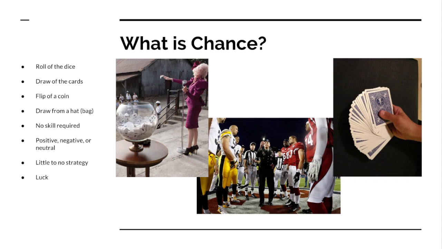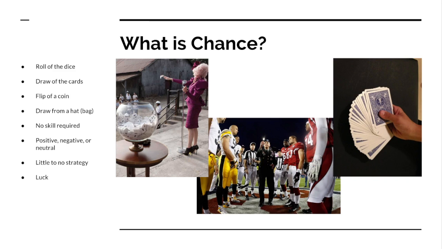The one in the middle, that is a Super Bowl coin toss, right? Heads or tails. And I've looked at those coins. I can't see a head or a tail on them. I think that refers to a traditional quarter or a coin that has... I always think of a quarter, it has the head of George Washington or the tail of the eagle. I guess you can just decide which is heads and which is tails. Either way, it's a 50-50 shot. In this instance, it would be exceedingly rare that a coin, as thick as it is, would fall and land on the edge. So, in this case, it's 50-50, right?